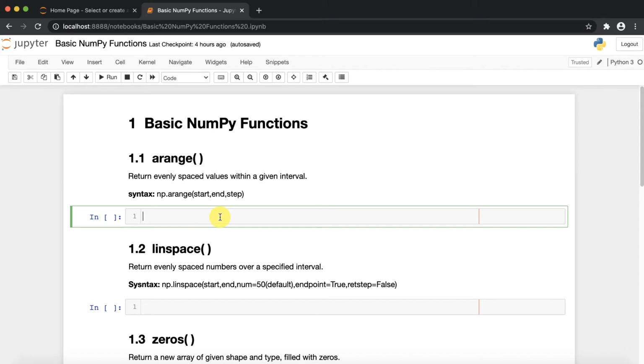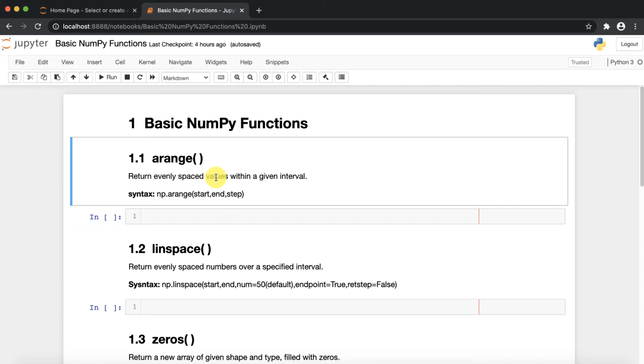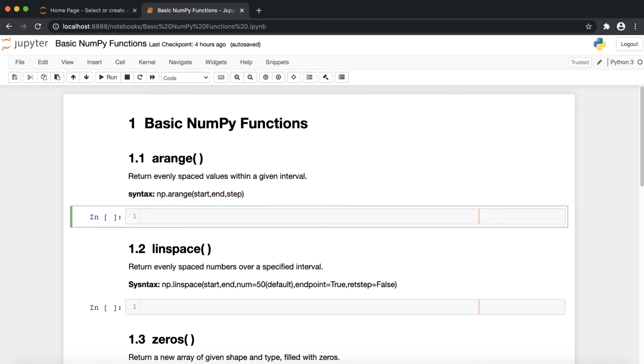So first of all, we are going to start with the arange function. What is the use of the arange function? The arange function returns evenly spaced values within a given interval. So here you can see the syntax of the arange function: start, end, and step. So if I write